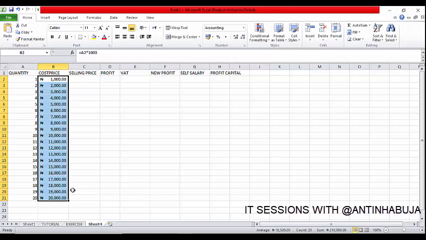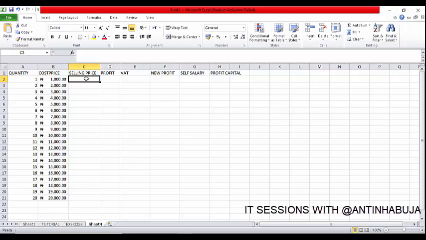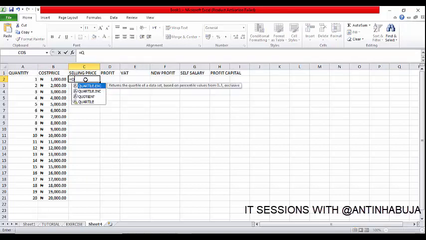So now your task, the task I want you to do, is to assign the selling price of 1,500 naira per quantity. Remember the formula. Let me just give you an example. For the cost price, we said equal to A2, that's for one item, times 1,000. Now for selling price, since we sell it at the rate of 1,500, we'll then say equal to A